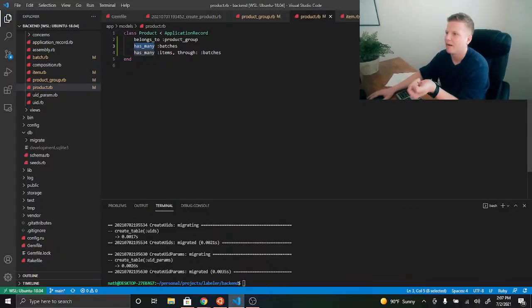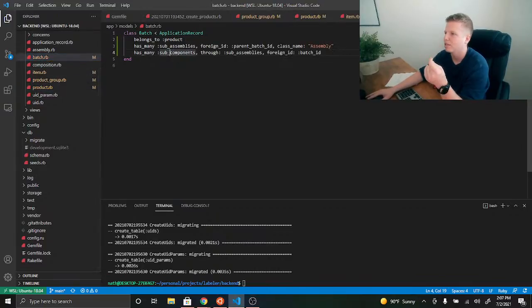So has_many will create a method called batches that will give us access to all the batches for a particular product. Same thing with items or batches and stuff like that. Let's go back to batches here. And I think I am doing that right. So it's got has many subassemblies, has many subcomponents,